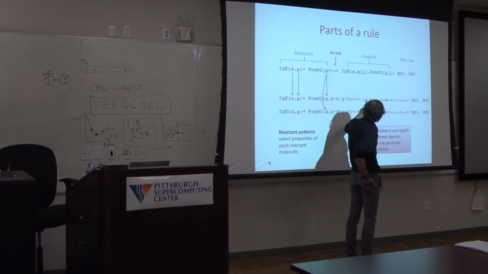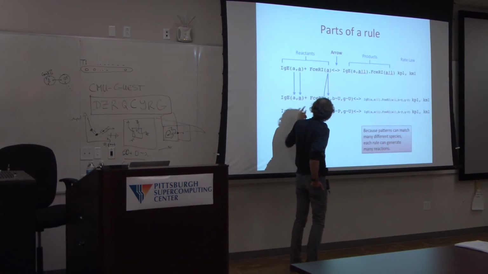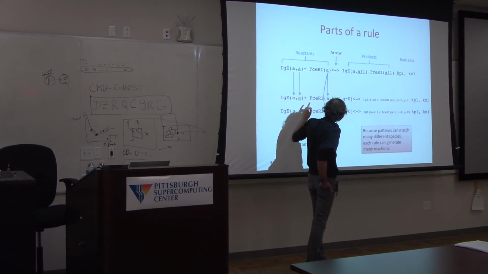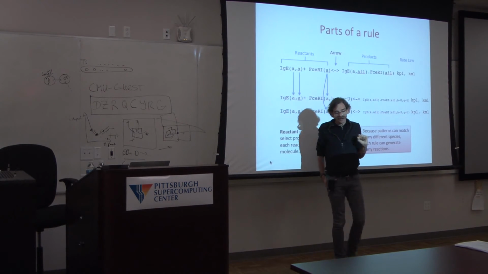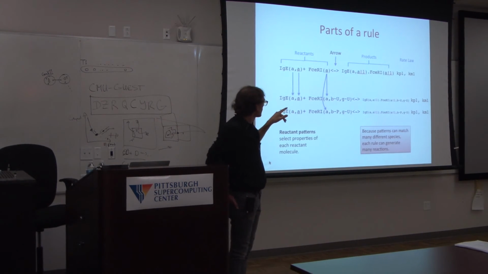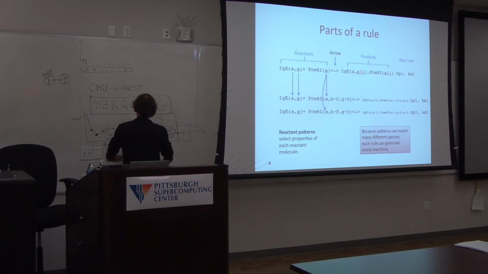But now this guy still has a free A, so it can also be a reactant. So we would also match, and through the same rule, we'd add another receptor, and we could make the dimer, which is fine. Except that, as we'll see in the lab example this afternoon, typically if we have a situation where